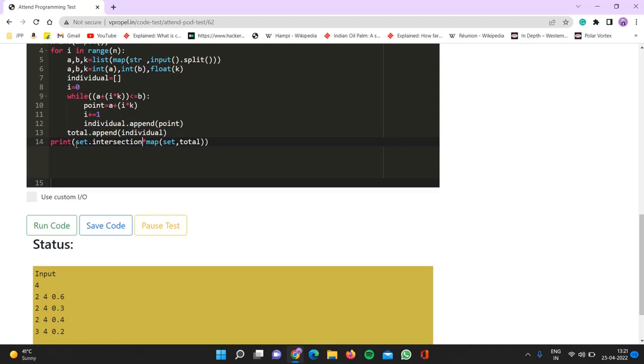set dot intersection. So what this set dot intersection does, it finds all the common elements present inside this mapped out total list. For set dot intersection, find the common elements inside all these individual list items present inside this nested list. And then what we have to do is we have to convert this set into format of a list, and then